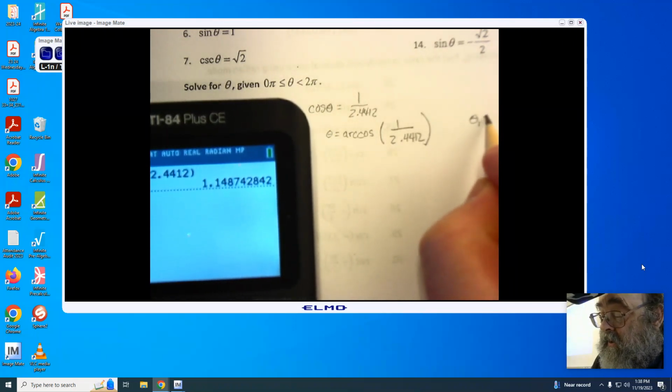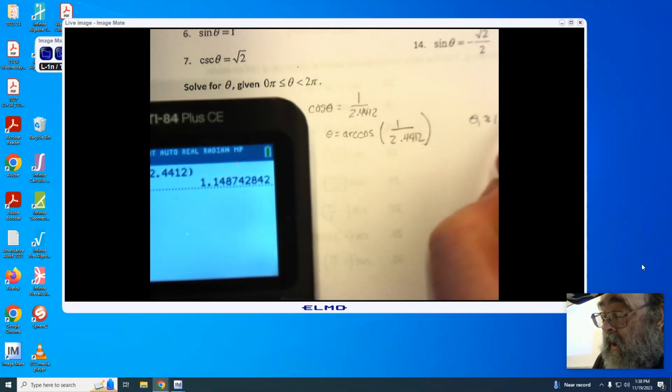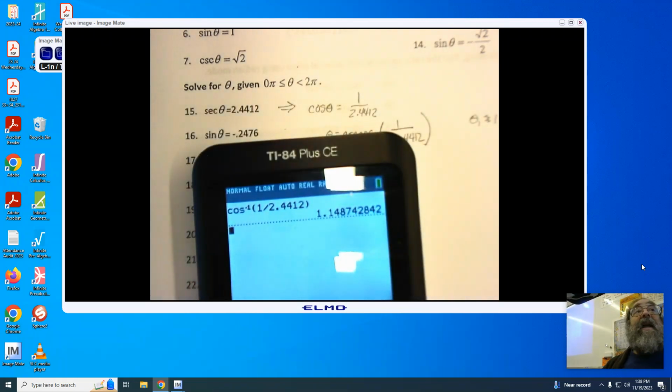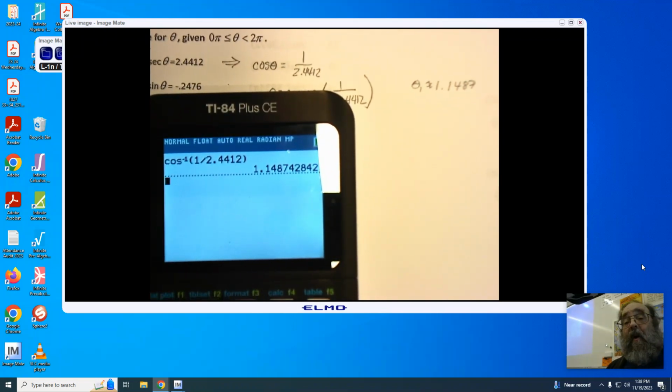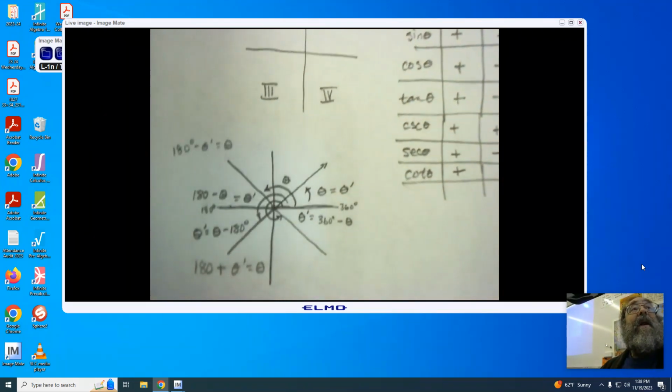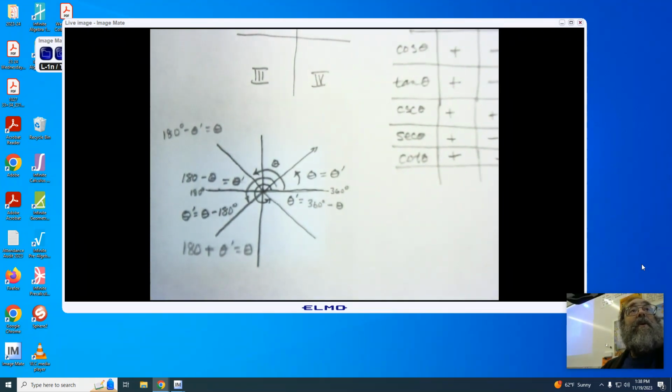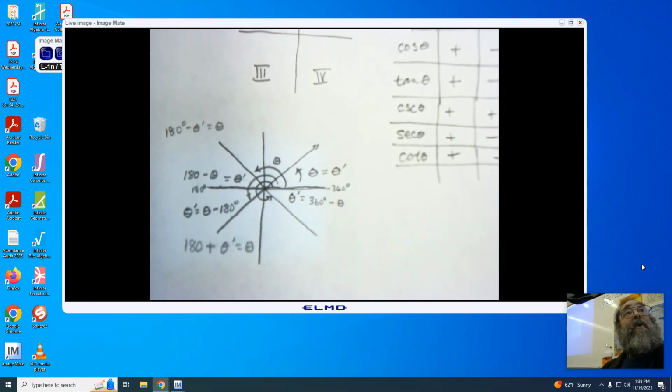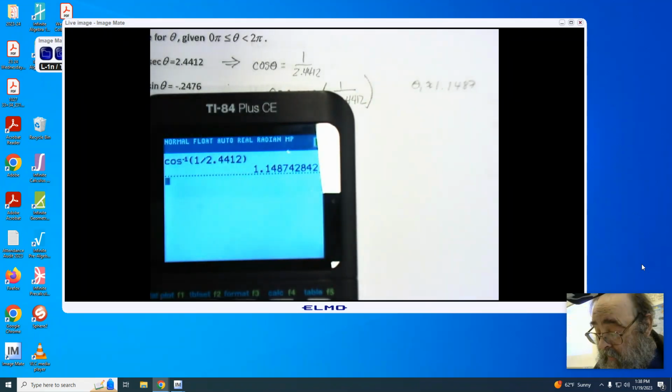theta 1 is approximately 1.1487. Now, in order to find the second answer, we have to find it in the fourth quadrant, and we know, according to our information, that the fourth quadrant is going to deal with 2 pi minus our theta prime. You'll recall this information that I've shown several times. So instead of using 360, we're going to use 2 pi. And I'm going to go 2 pi